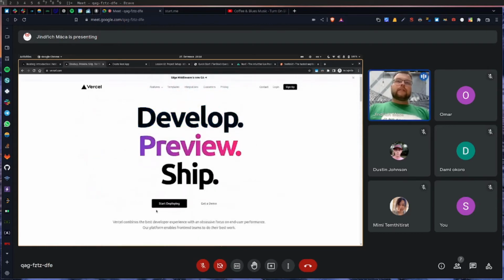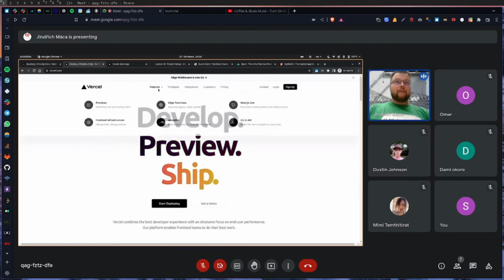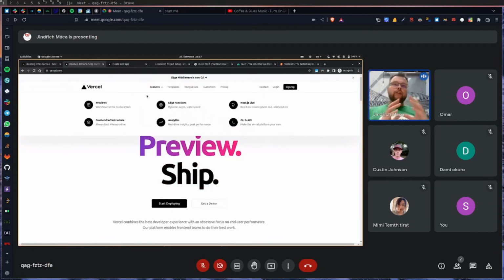And what Vercel does for the actual rendering is really cool, because they don't actually run the servers, but they can run these edge functions. And what that does is, when you want to load the page from the server, basically they do your